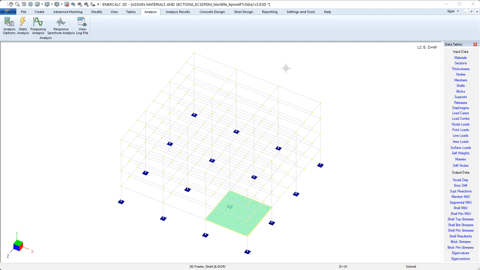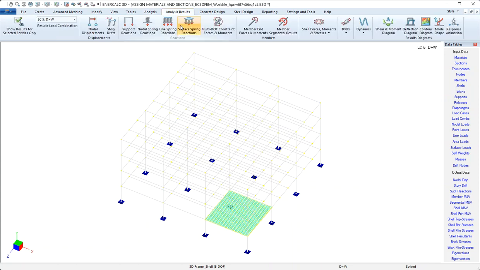EnerCalc 3D has many useful tools for visualizing and reporting on analysis results. So if we look down in the lower right-hand corner and notice that this model indicates that it has been solved, we should be able to come to the Analysis Results tab and take a look at some of what's